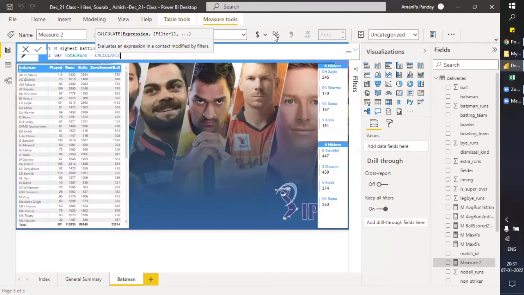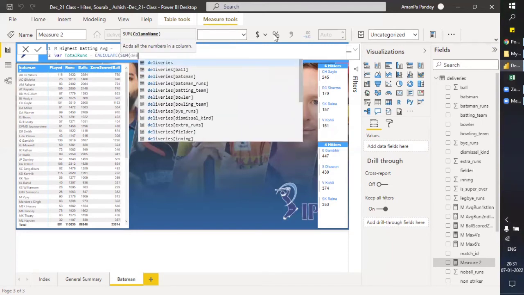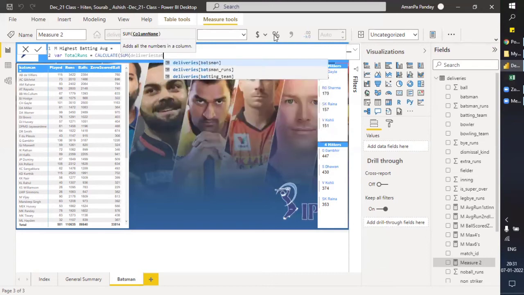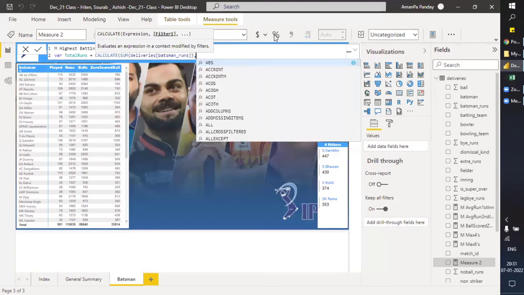Calculate will be using sum of deliveries and the same batsman run, because we are going to have the average from the batsman only. So this is the sum we'll be doing. Okay, comma. Now one important logic about batsman run,